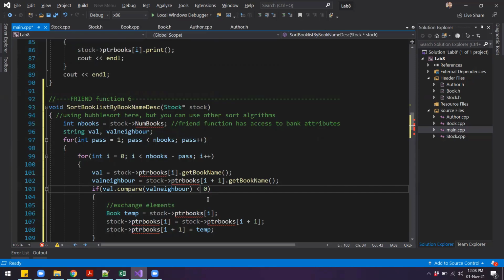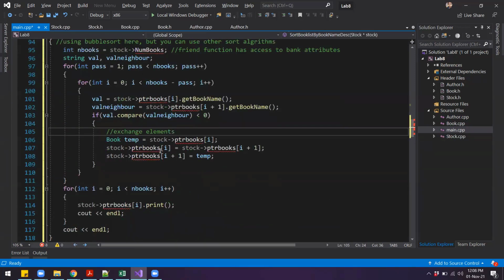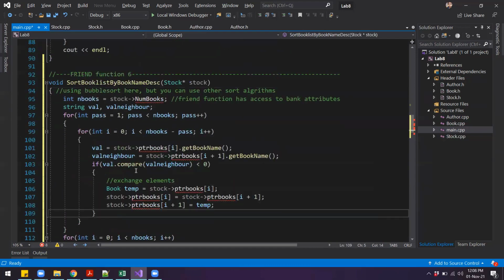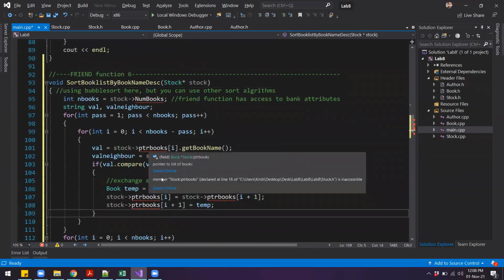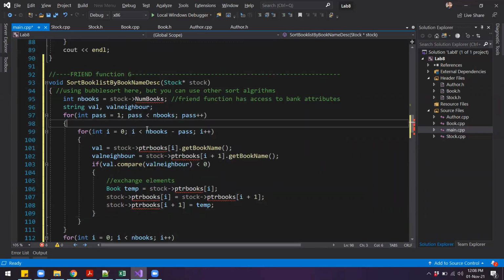It is going to sort the books in the opposite order. You will see that currently we are getting errors. It says that a member is inaccessible. So we just have to declare this function as a friend function of the stock class, because we are trying to access the private members of the stock class.